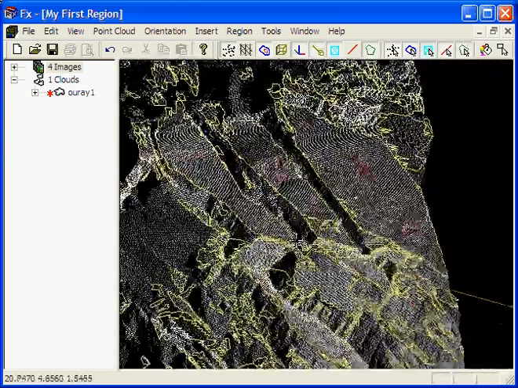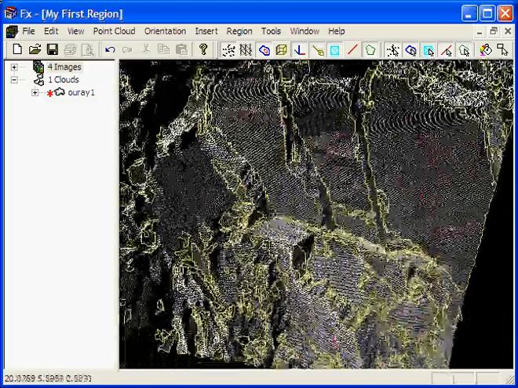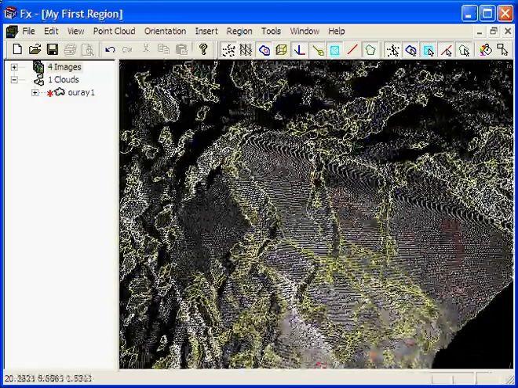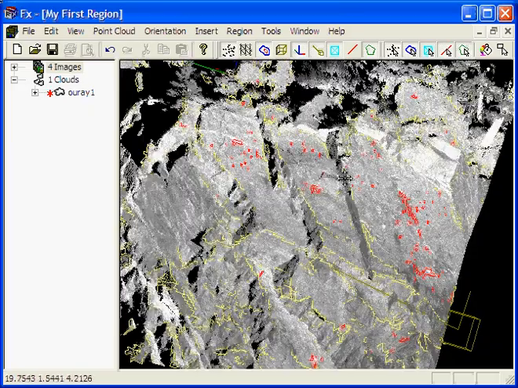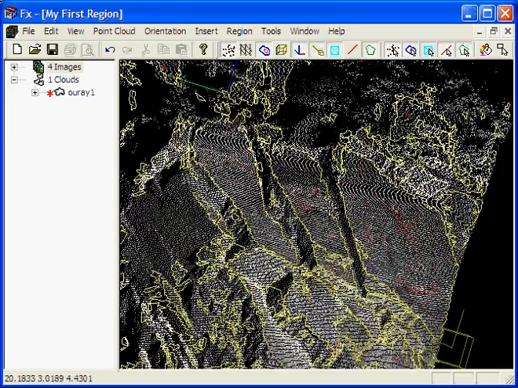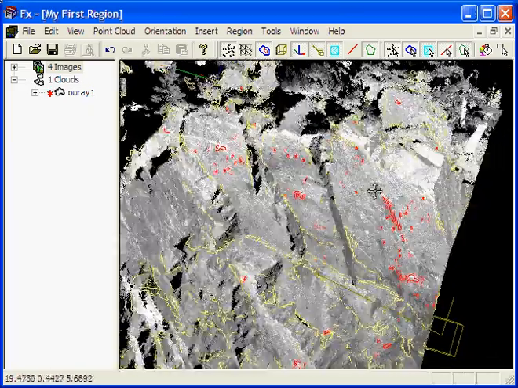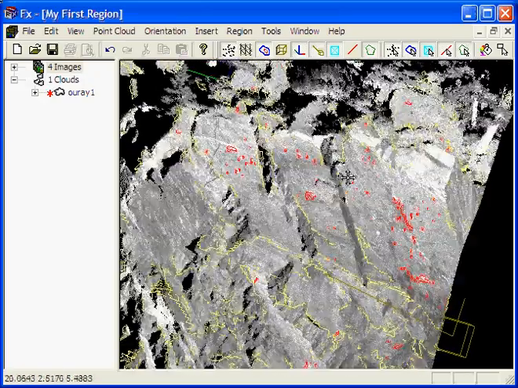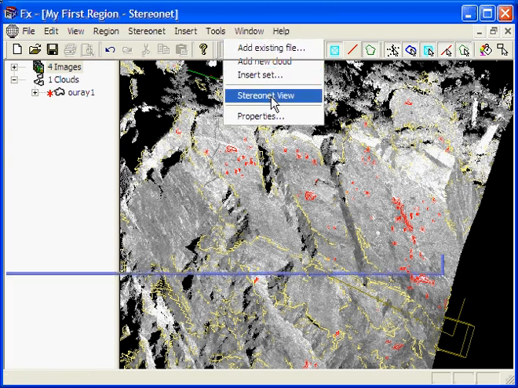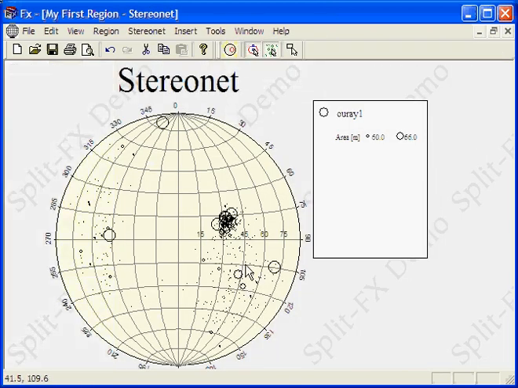Now we can see that it's found a number of patches, some large, some small. It has found these large fracture surfaces, and the patches are outlined in yellow. Also, the holes in the patches are outlined in red. So at this point, we now can directly plot this on a SteriNet. So we go to Region, SteriNet View, and we can now see a SteriNet view of these